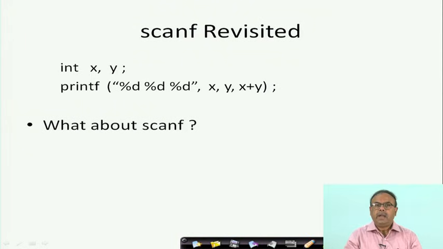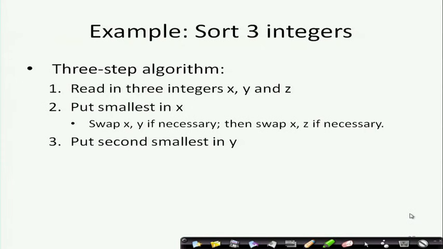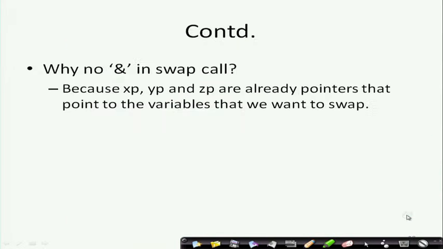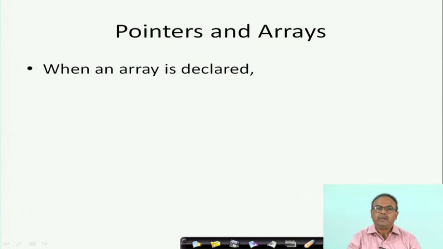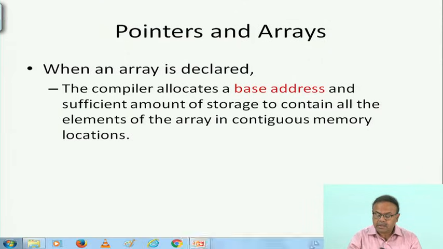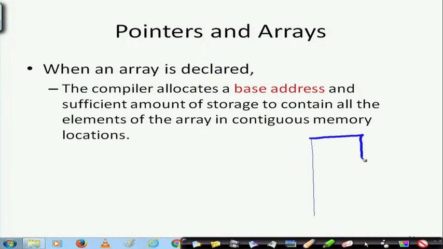So, now let us skip this a little bit and go to something else: pointers and arrays. When an array is declared, the compiler allocates a base address and a sufficient amount of storage. You know that when I declare something as an array,